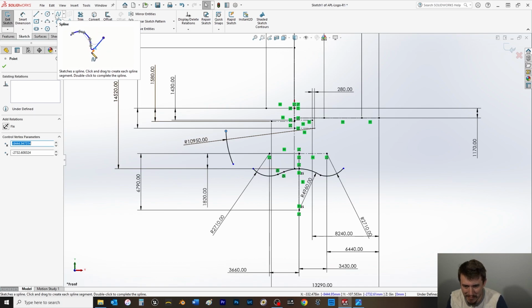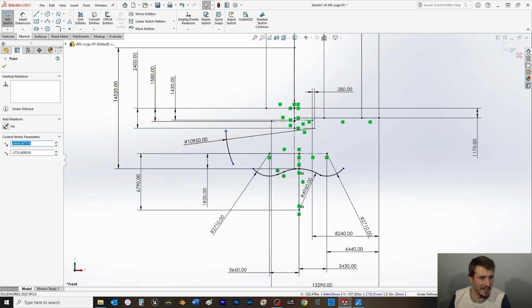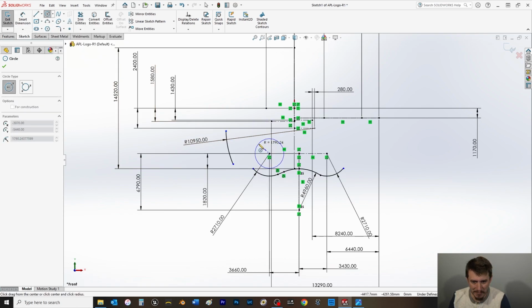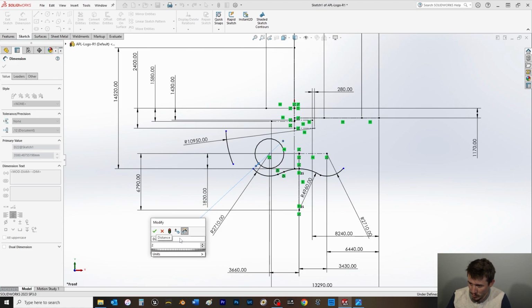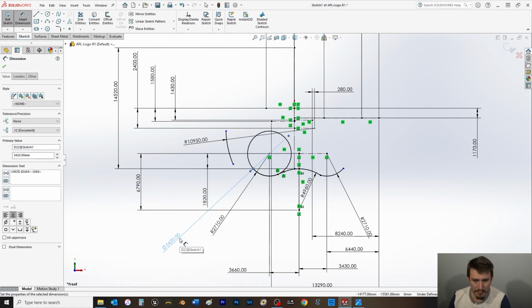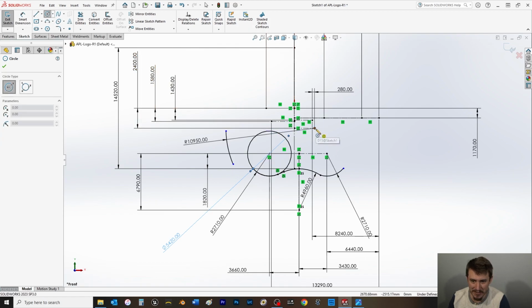But I'm finding it more unique and challenging to draw them bottom up. So, for example, if I take this point here, and we do 2710 times 2,